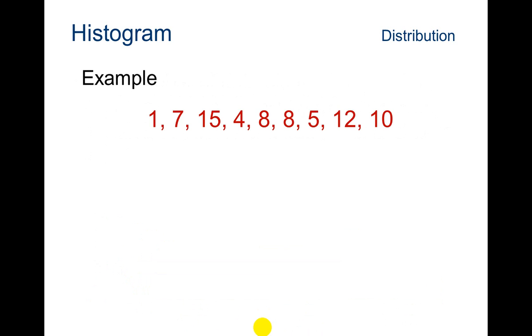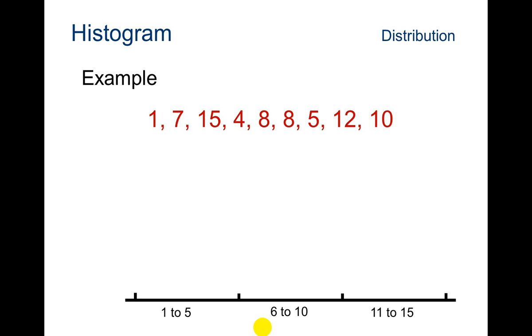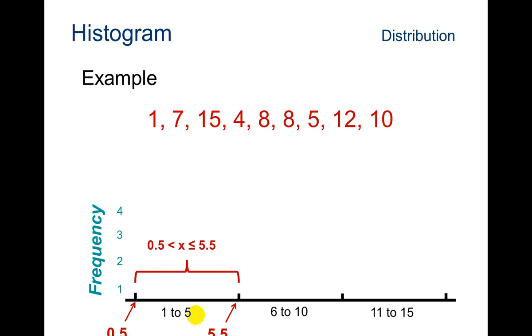So let's make a histogram for this set of data. Here are my classifications: 1 to 5, 6 to 10, and 11 to 15. We're going to clump them to make this go faster. So how many numbers are between 1 and 5? Okay, so we are going to go from 0.5 to 5.5 because that's going to show 1 to 5. Any numbers that are in between there, so here is 1, 4, and 5,